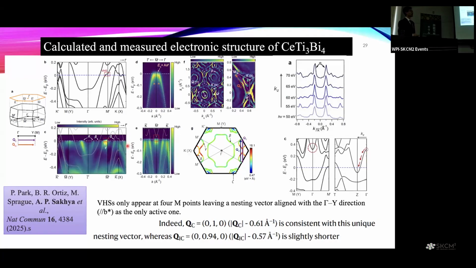Further proof can be seen here, because if you take along this direction, people may say, or even the referees may think, maybe this is the band which is here, and maybe there is a difference in the DFT and ARPES, so you're not observing this. But if you look along this direction, which basically is along kg, then you see there is a huge change in the band dispersion. So these are not the same bands. So from here we conclude, okay, these are alpha pockets, and